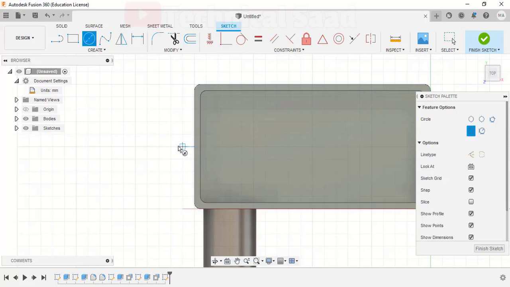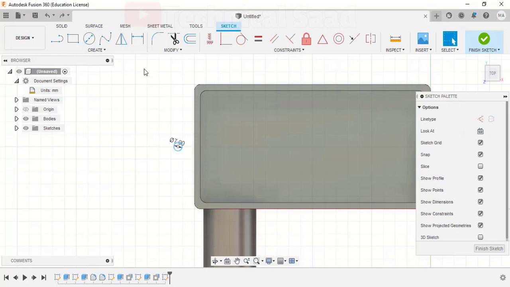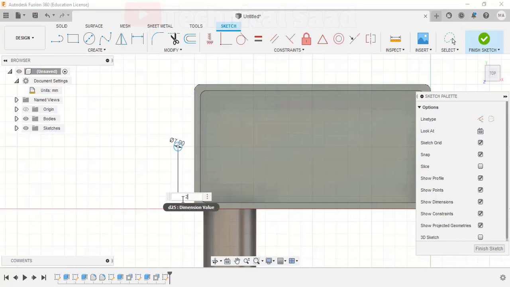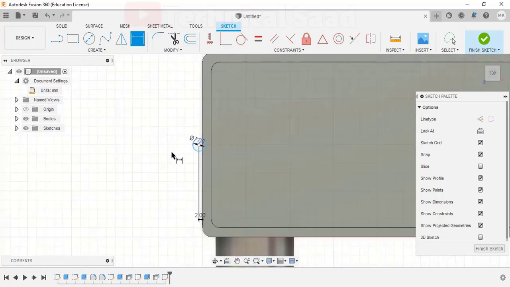Use the circle command to draw a circle of 7 mm almost in the center. To place it at the right position, we will use the dimension command. Press D for the dimension command and select the inner edge and the center of the circle. Then give the value according to your diagram.